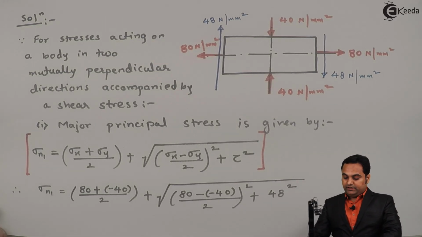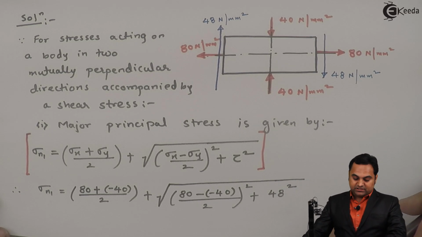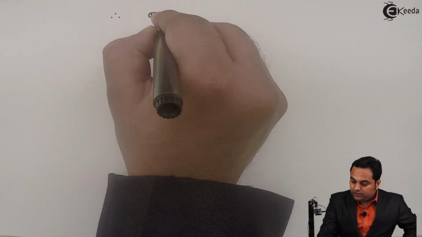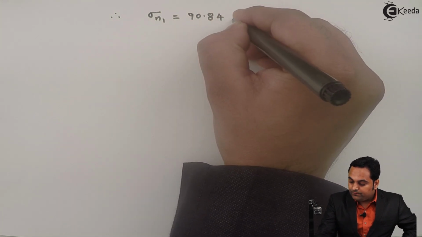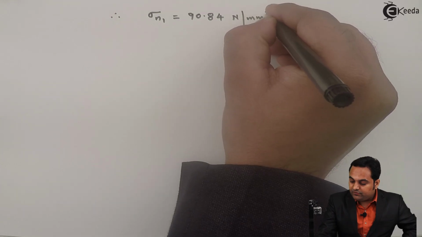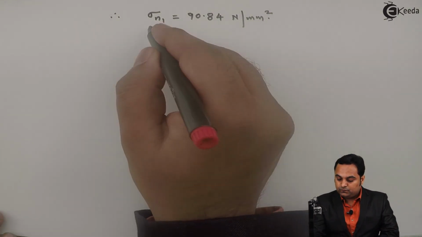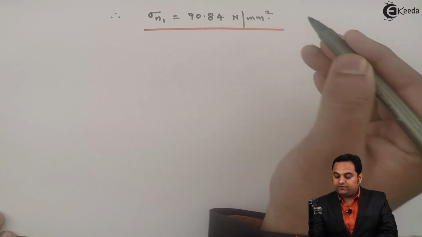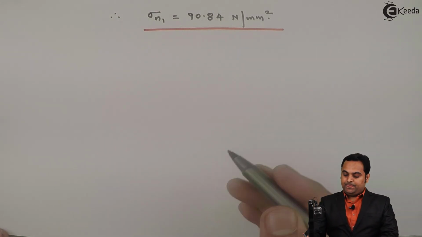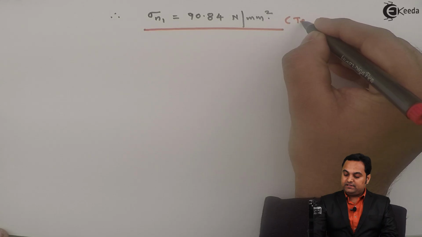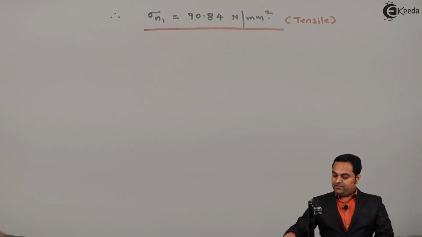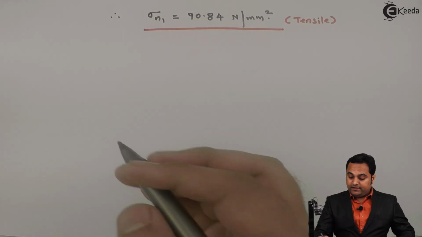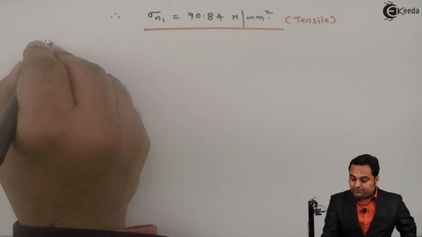Now if I go on calculating this, my first answer will come out to be sigma n1 is equal to 90.84 Newton per mm square. So this is the major principal stress. Since the answer is positive, I'll say that it is a tensile stress. Next, in a similar manner, I'll write down minor principal stress